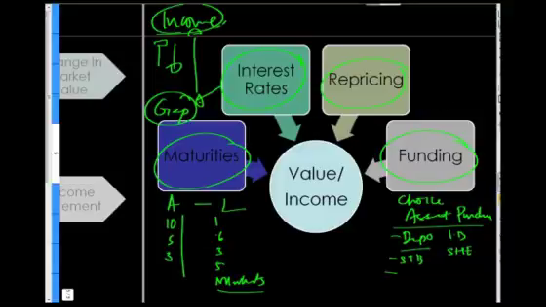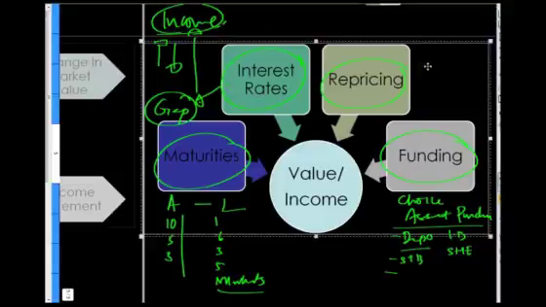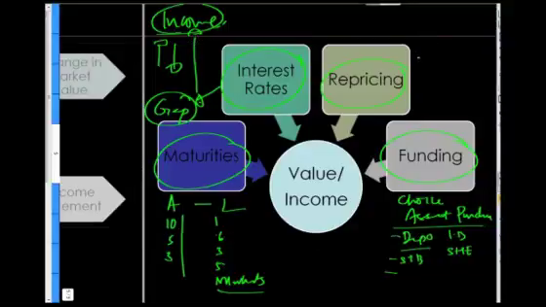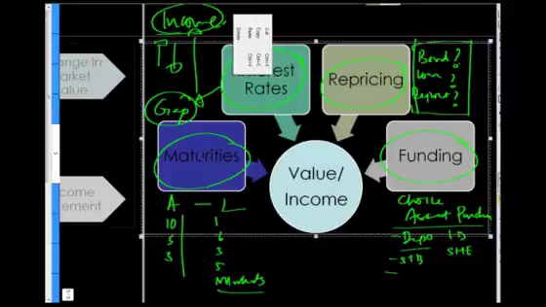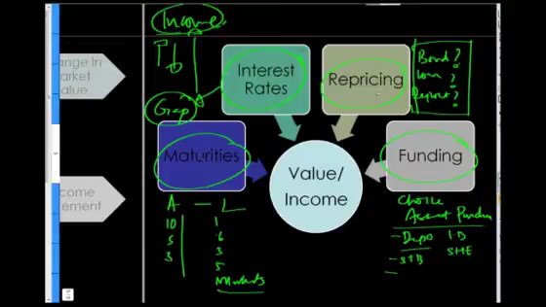And finally, the last piece is when it comes to repricing. So interest rates go up. What is my bond portfolio worth? What is my loan portfolio worth? What is my deposit portfolio worth? And can I actually mark to market these or not? So within the framework, you're saying funding decisions, maturity decisions, interest rate models and outlook, and repricing of securities.